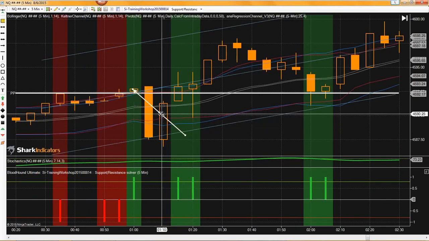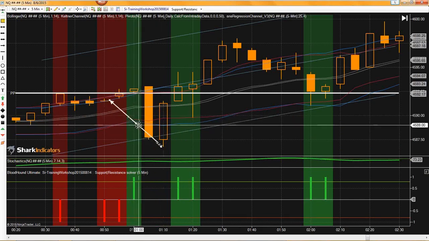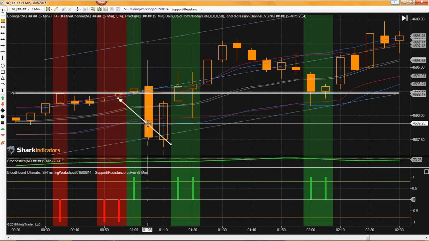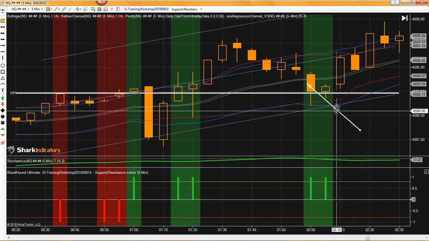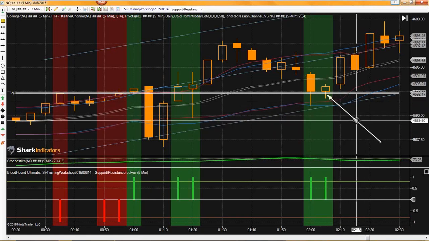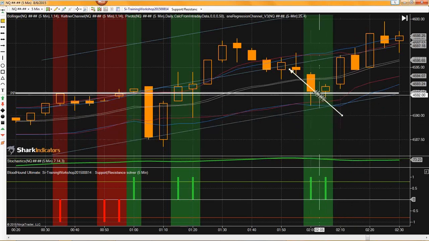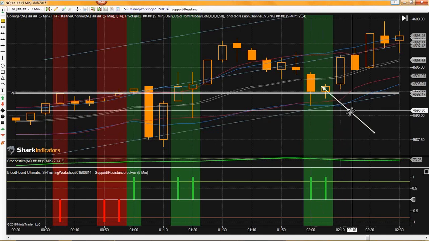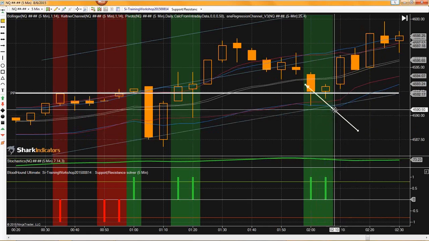We have this long signal because price crossed it. However, we got a short signal because price didn't cross it. So the solver by itself isn't giving you crossover signals. Like over here, this is the situation I was trying to find. We got a long signal, but it wasn't because price crossed. Price came down and quite literally bounced off of it. So if you're looking for crossover situations,